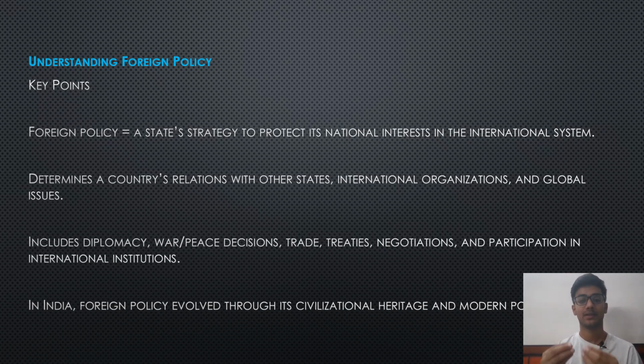Now, apply this same thing to a nation. A nation is some people's home, and these nations have neighbors and people who are living a little far away. For example, India has neighbors like Nepal, Bhutan, Bangladesh, Sri Lanka. But there are also countries like the USA who are not neighbors, they are far away. But maintaining good relations with them is very necessary for us. And this is what foreign policy precisely does. It talks about what kind of relations we will have and how we will approach relations with other nations.